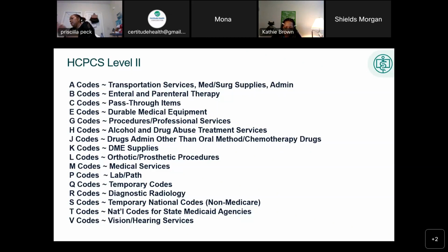And crutches, they have a couple of options. So your coding concepts still remain the same. You're still going to code to the highest level of specificity, right? So let's say the patient was given forearm crutches, the ones that go around your wrist. If they were given just one, like for the left side, then we would use the code